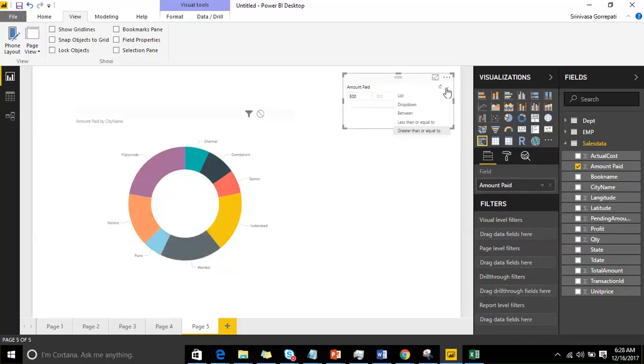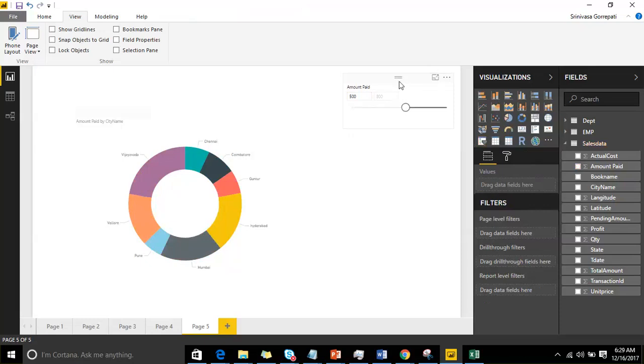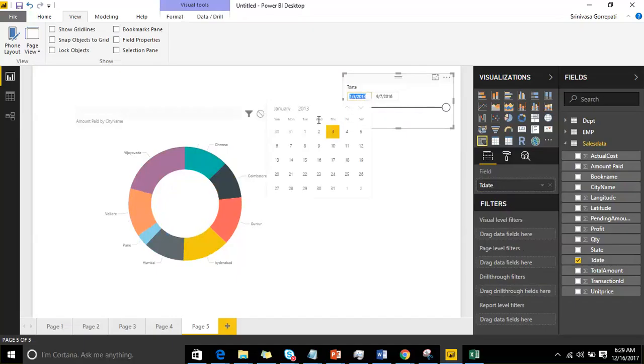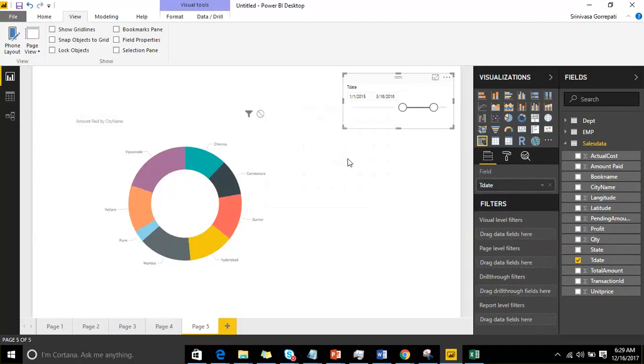So based on the data type of the column that you are using, it is showcasing the options. And whenever you select a date column, for decimal and number columns the same options will come. For a date column, the between option is there. So you can specify what is the starting date and what is the ending date. You can specify between the dates the data will get displayed. Or you can specify